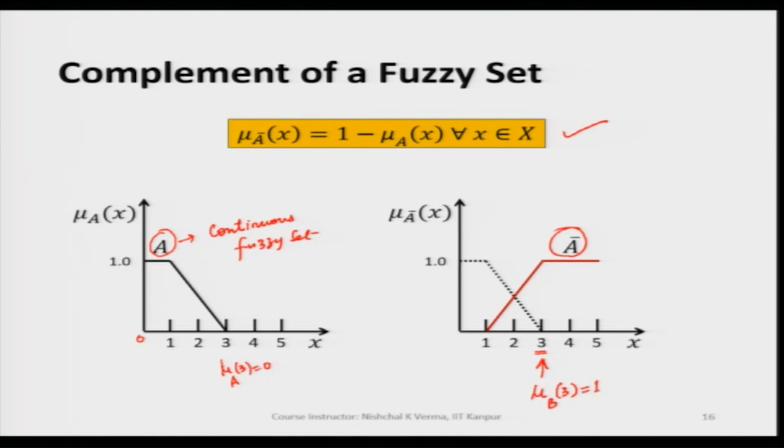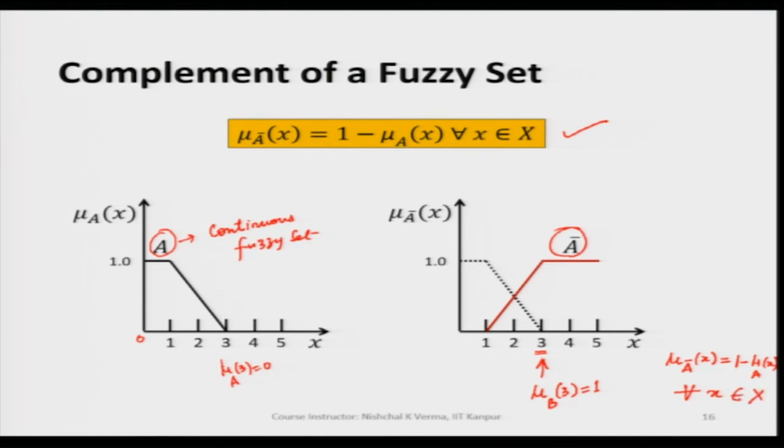Likewise, if we check at all the generic variable values, we will see that the membership values of A bar follow this condition 1 minus mu A x, for every x belonging to the